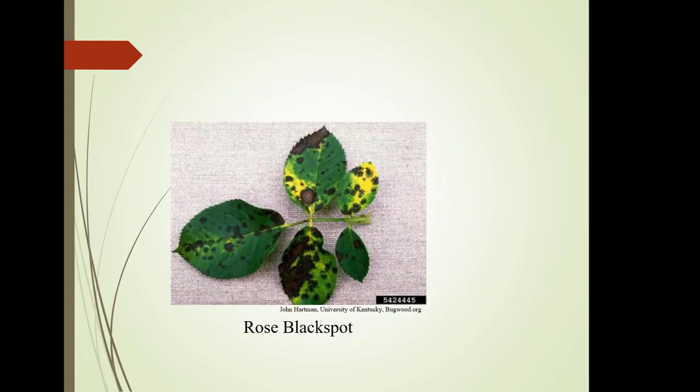Okay, here's rose black spot, very, very typical in our area. You're probably going to want to choose a resistant variety, and the Pacific Northwest Disease Handbook has a great list of disease-resistant roses, and I will share that with you. However, if you've got a resistant plant next to one that is not resistant and is covered with black spot, chances are even the resistant plant will get it. There's just a lot of inoculum there.